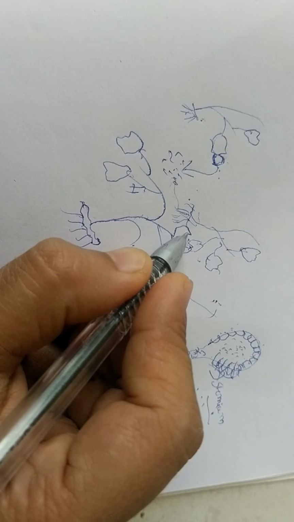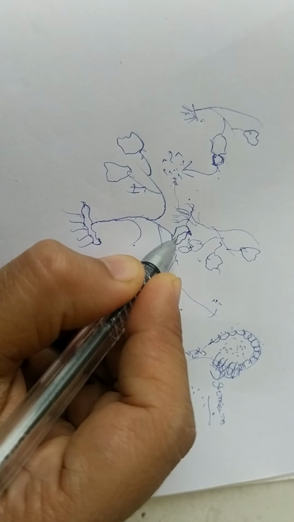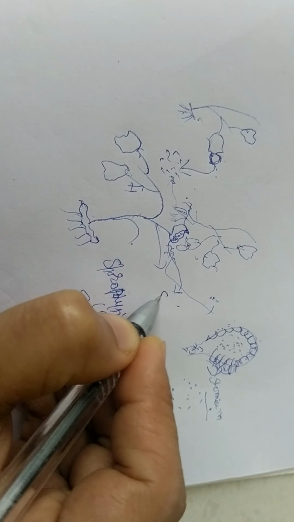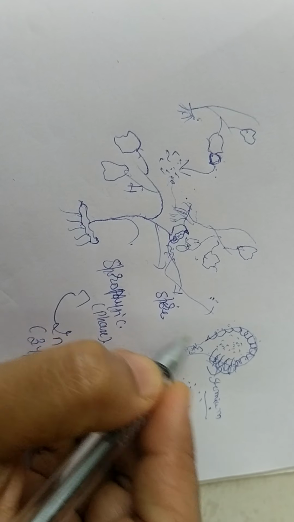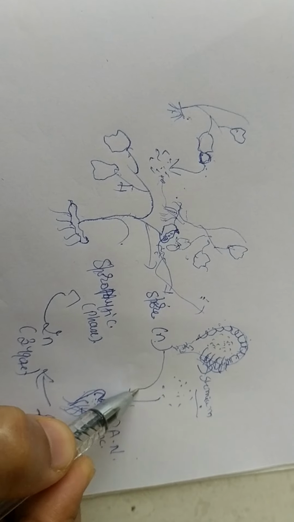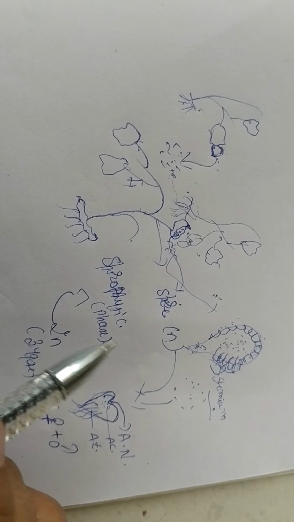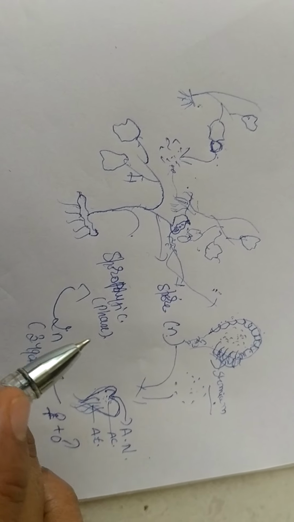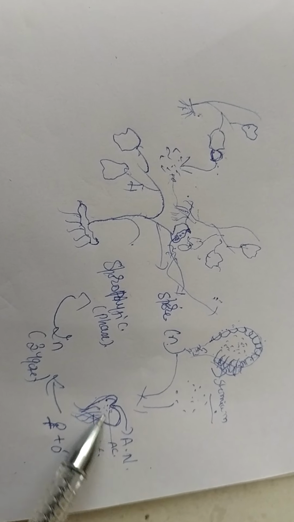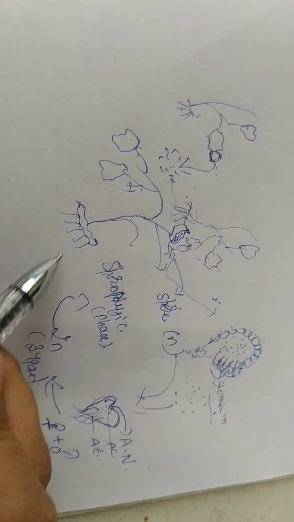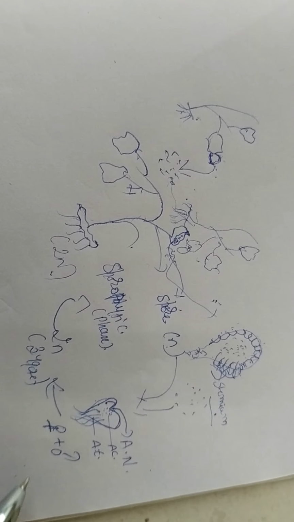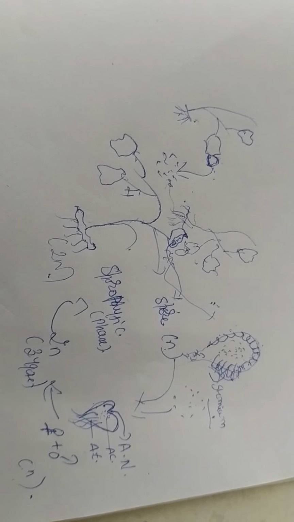This is going to produce on the ventral surface of the leaf. We have this sori. This sori is going to produce the spores. They are going to undergo meiosis and produce the haploid spore. Again the spore is going to have this gametophytic phase. In this way, this life cycle of the Adiantum shows alternation of generation, that is a gametophyte followed by the sporophyte. Sporophyte is 2n, whereas gametophyte is n in nature. Thank you.